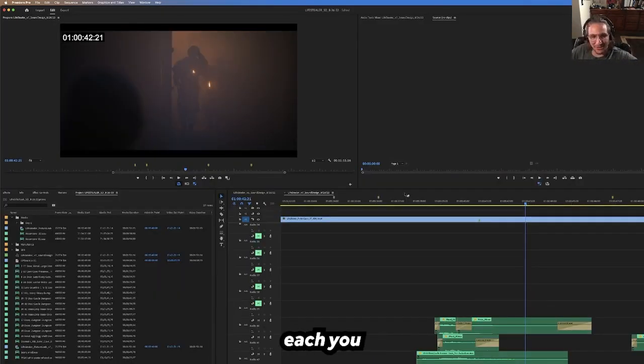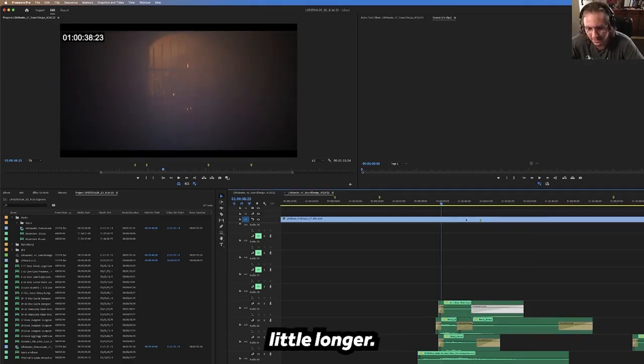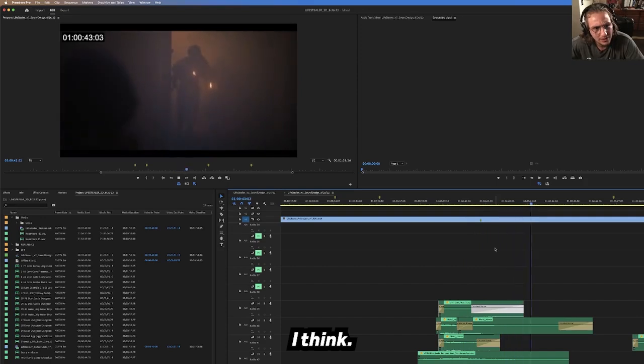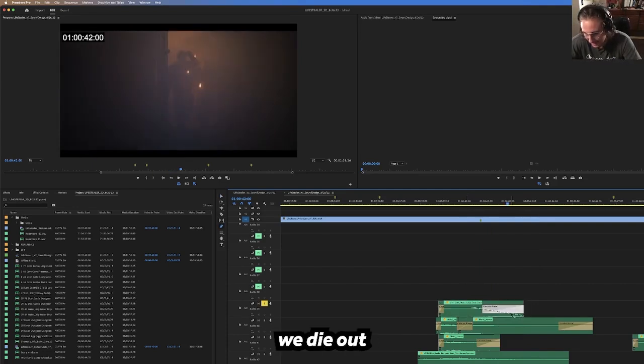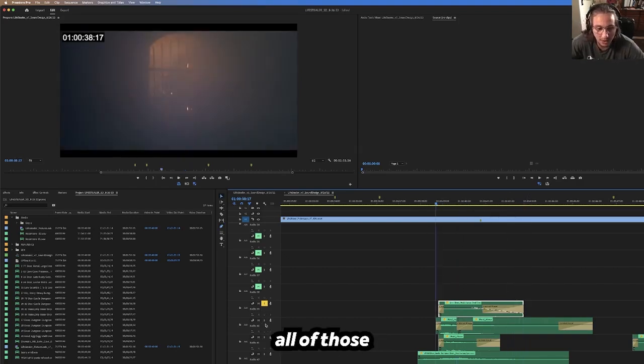Yes, we kind of got to EQ and make it interact with our environment a little more, but for the most part, that is pretty freaking clean, dude. That sound is a little elongated right there. Okay, so we come out real fast, and so we could bleed that out a little more just because it's so deep. Okay, so we die out right here, so we'll probably keep that level, and then we'll probably extend this. And now when we play all of those sounds together, I know it sounds like crap now, but when we play them all together,